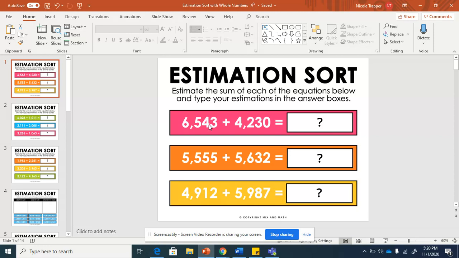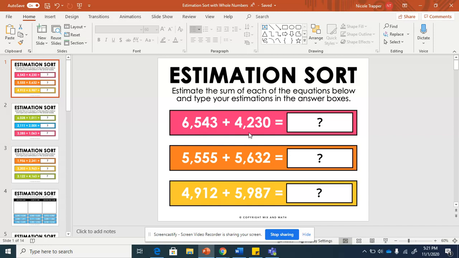So this first slide is just on adding, and we could just simply round it to the nearest thousand to make these easy and friendly numbers to be able to add up. Even though this may look like a lot when you open it up, once you see how quick and easy estimation is, it's not a hard assignment. So the first one is